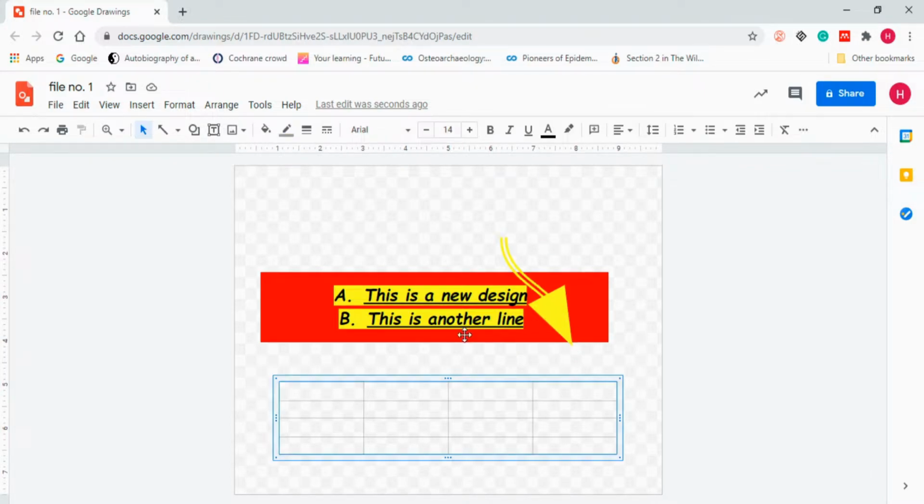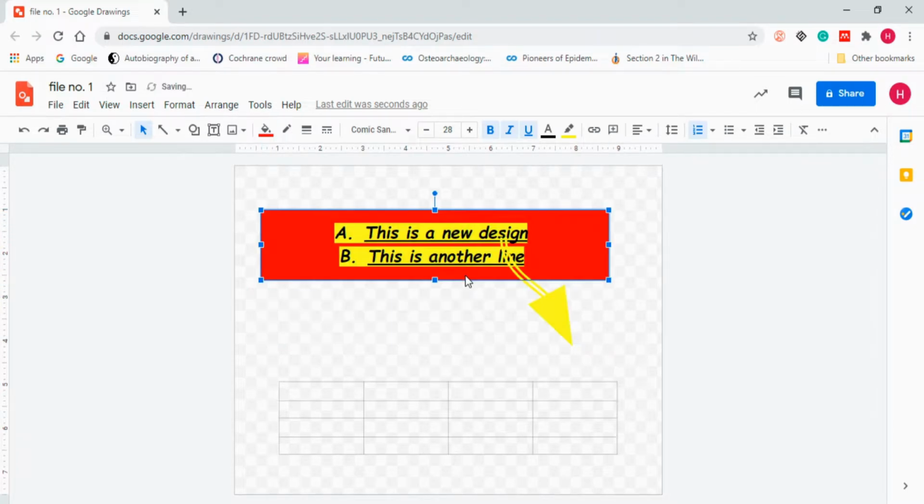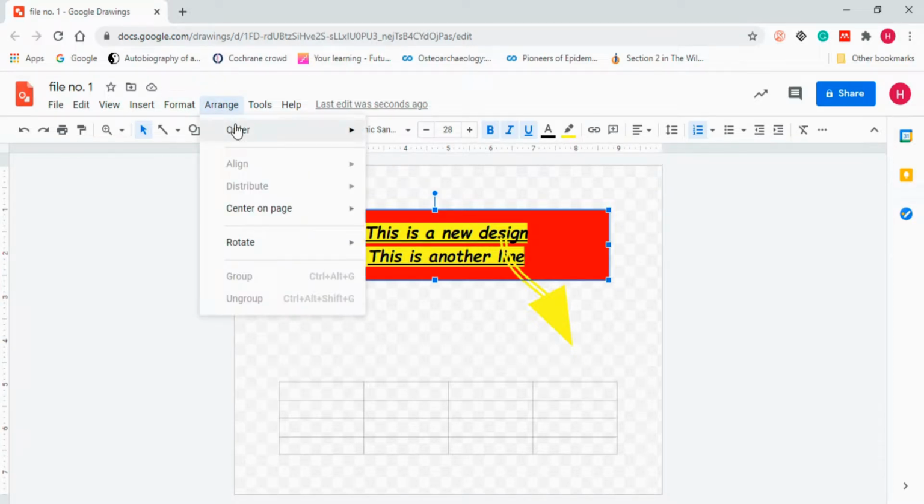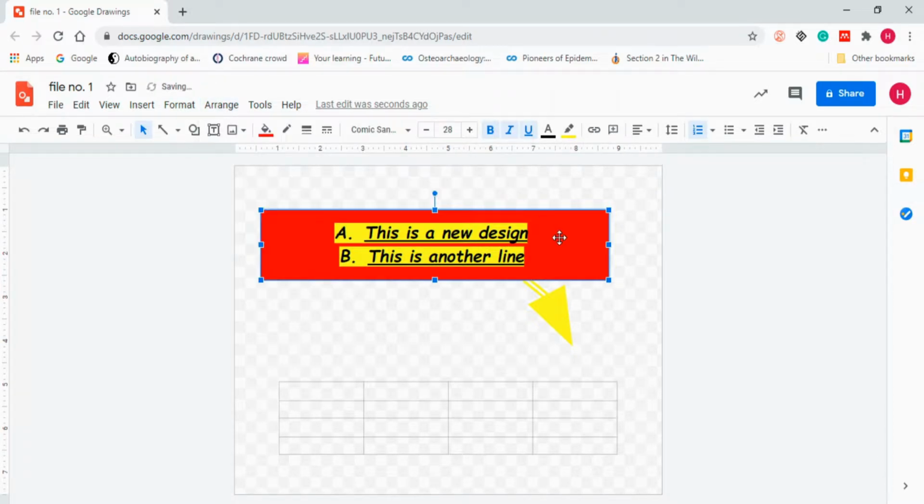This feature is also applicable to everything. Like now the arrow is actually cutting through it. Now I want to send it to the back and bring forward. Now you can see it is brought forward. That's why the arrow is in the background now. If you want to change the text option also, you have to use a different text box. Then only you will be able to do that.